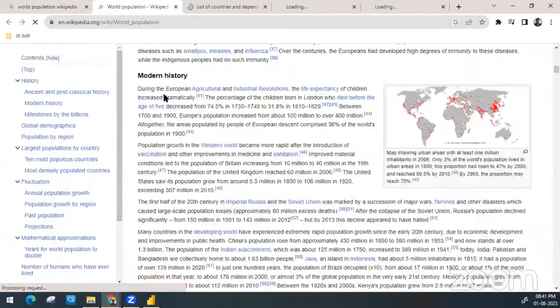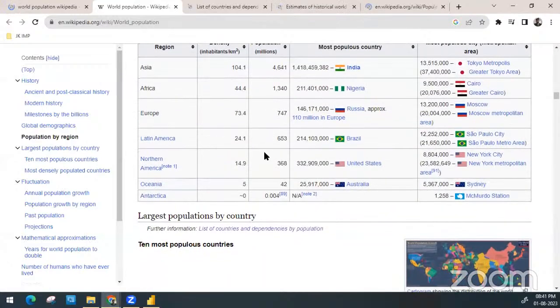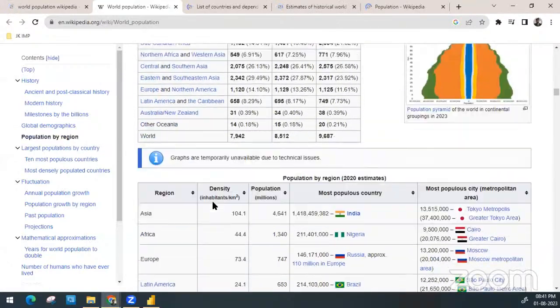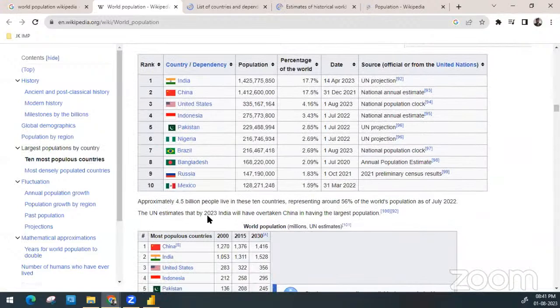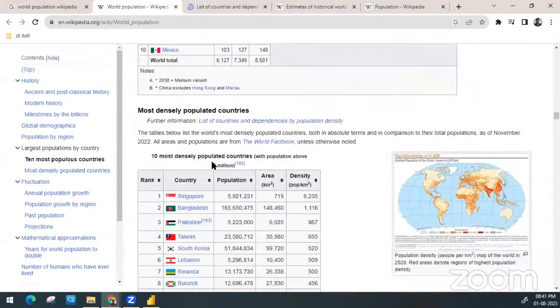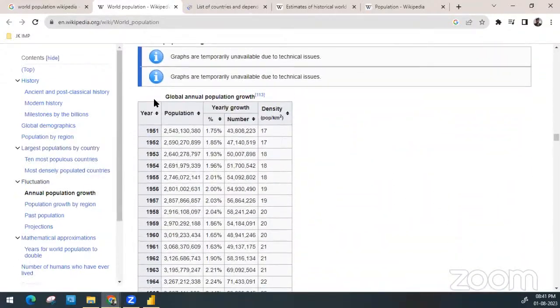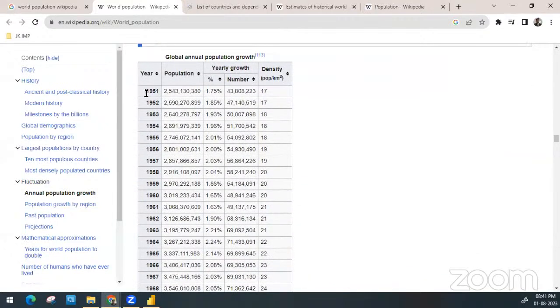So do we have a table? Basically we are looking for something like this, a table that gives me a list. Now I'm not looking for just a sample. Instead, I would like to go with a full list. Now these are only a few lists, like the population for the top 10 and so on. I'm looking for the overall data at a country level. So this is a yearly report, like the population at a year level, and for the year,